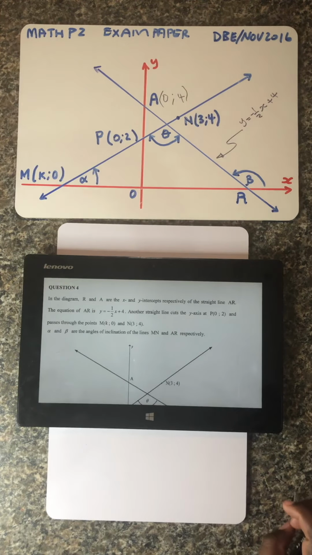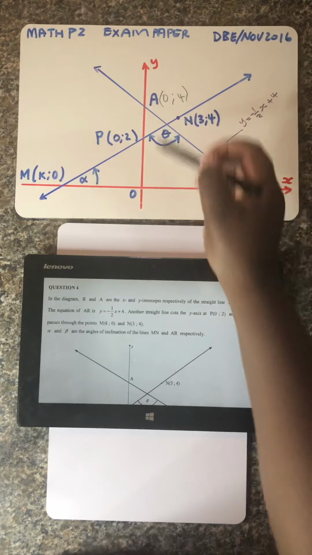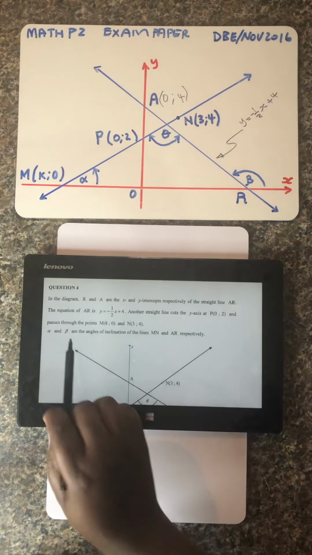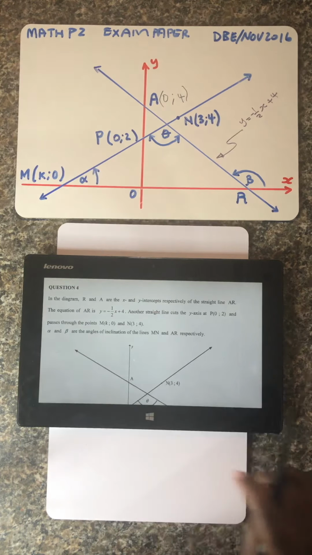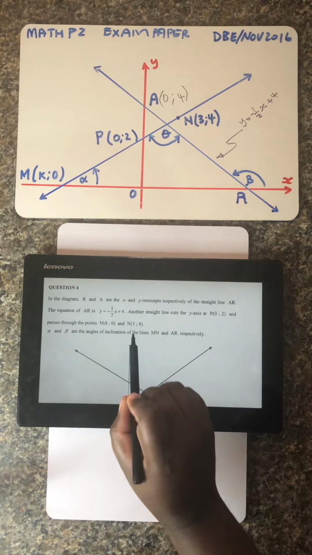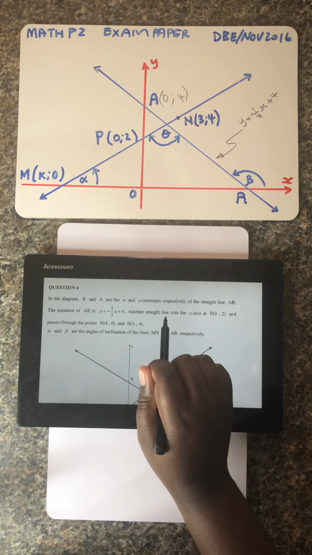Okay, so guys, you'll realize that initially I had only two colors, which is blue and red. So that means additional information that I'm writing in black marking pen is the information that I get as I read the statement. Okay, so the statement continues and they say another straight line